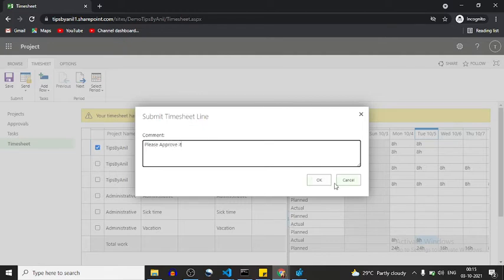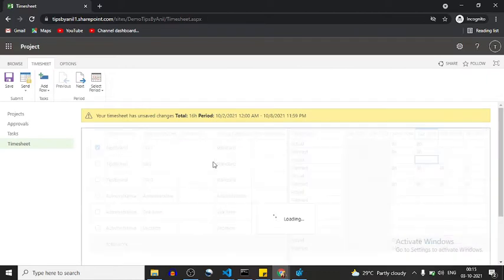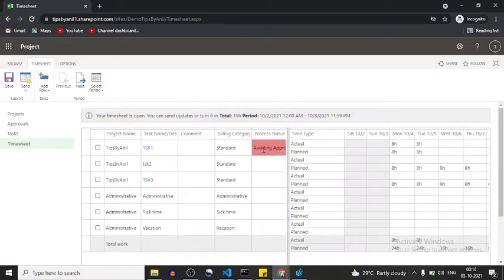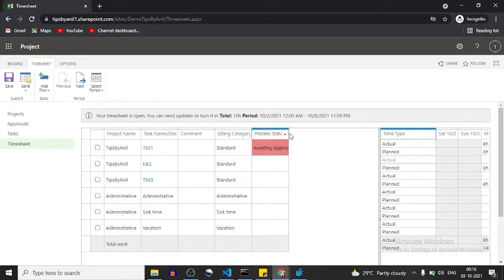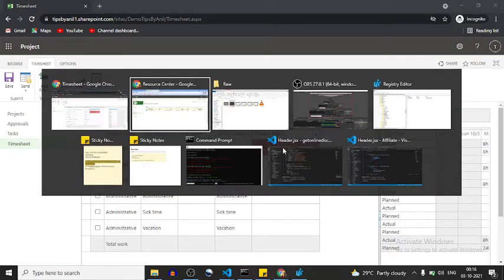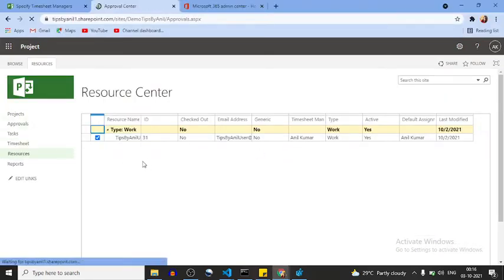Please approve it. Click on OK. So whenever I click on OK, here you will see awaiting approval. Before that, we were not getting this option, awaiting approval. So to whom is it waiting for approval? To his timesheet manager.